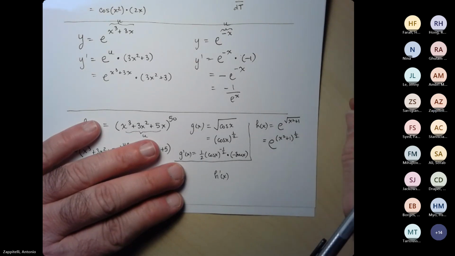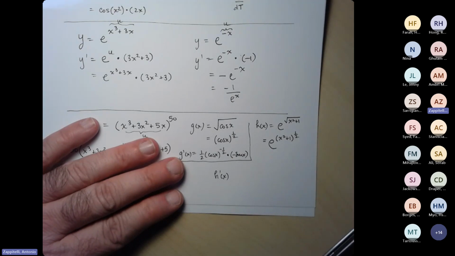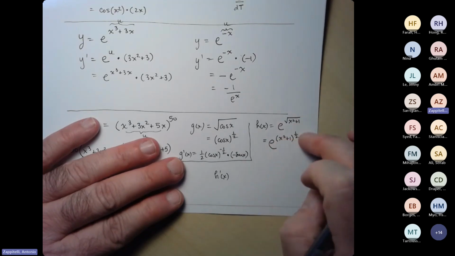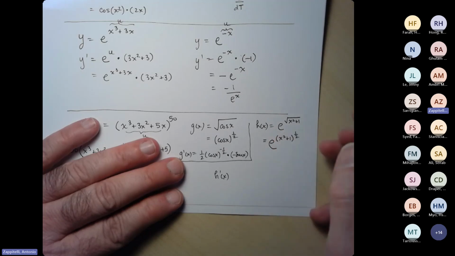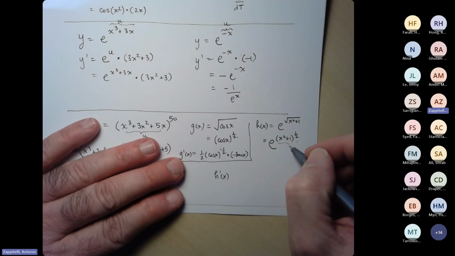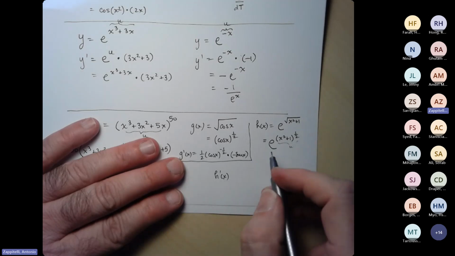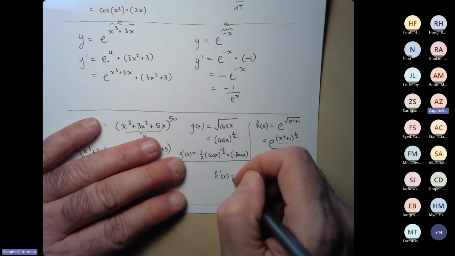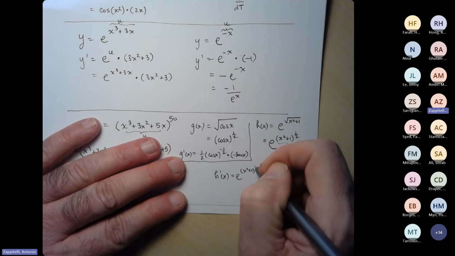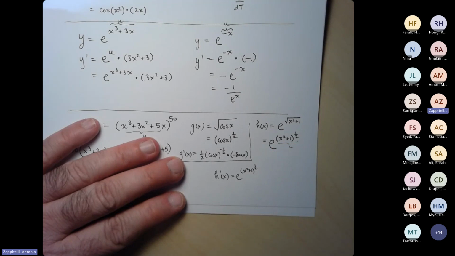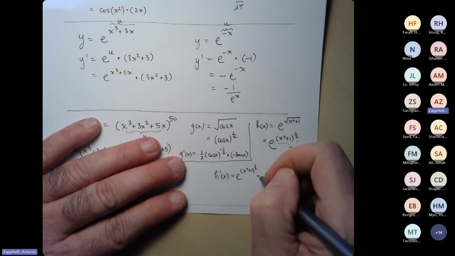Okay. So here, forget all the stuff that's going on there. All I care about is the derivative of the outside function. So this whole thing is my u. And so what's the derivative of e to the u? Just e to the u. So e to the x squared plus 1 to the 1/2. Okay, that's the first part, times